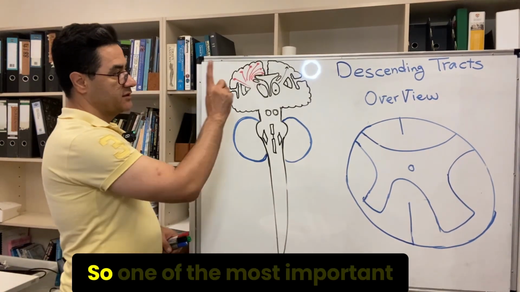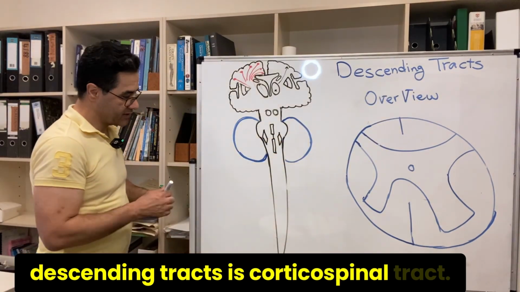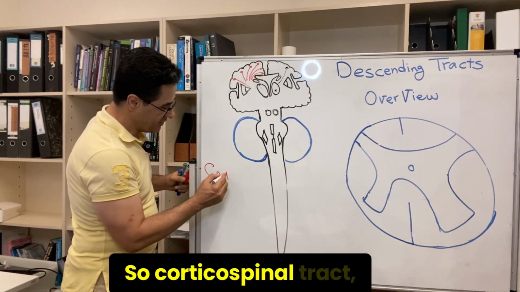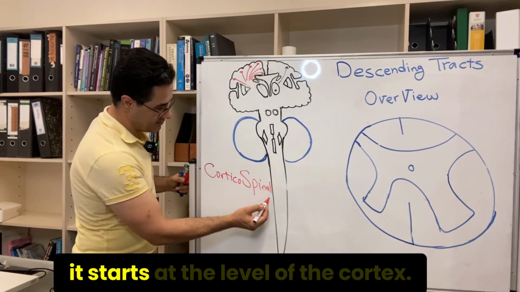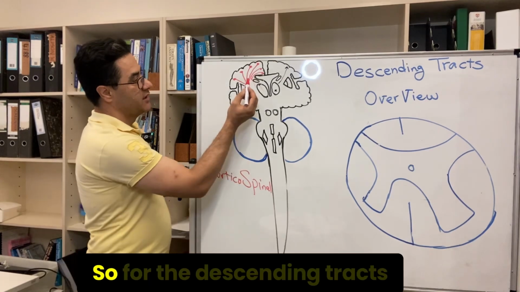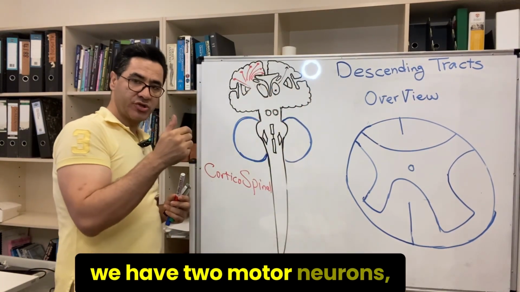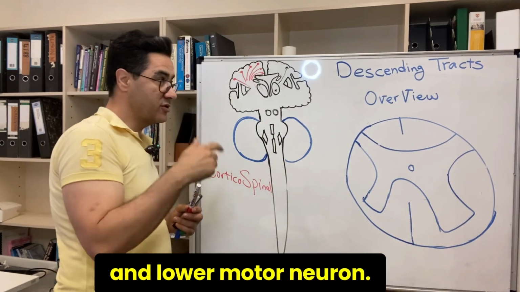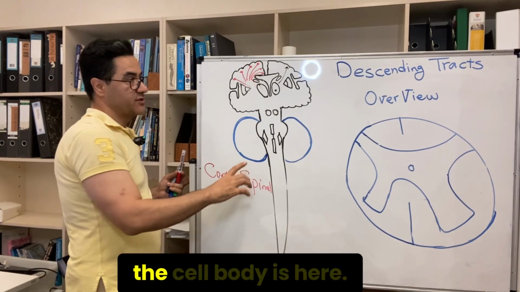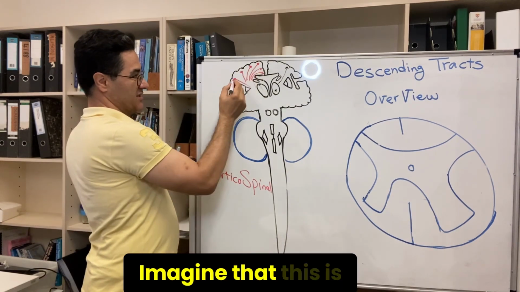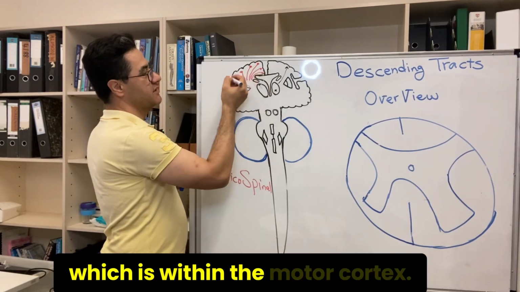So one of the most important descending tracts is the corticospinal tract. Corticospinal tract, as its name suggests, starts at the level of the cortex. For the descending tracts, we have two motor neurons, upper motor neuron and lower motor neuron. In terms of the corticospinal tract's upper motor neuron, the cell body is here. Imagine that this is the cell body of the upper motor neuron of the corticospinal, which is within the motor